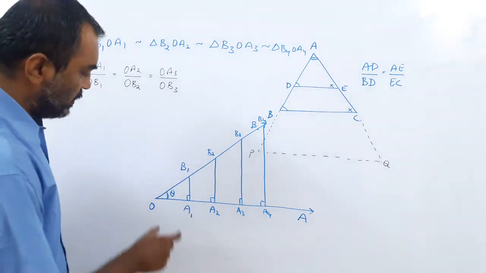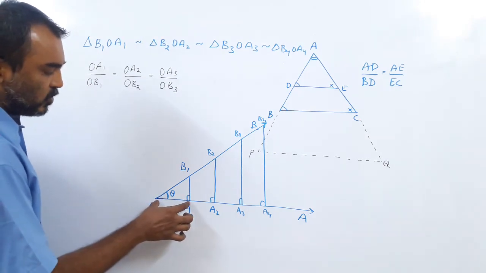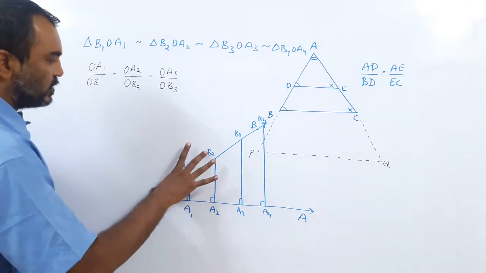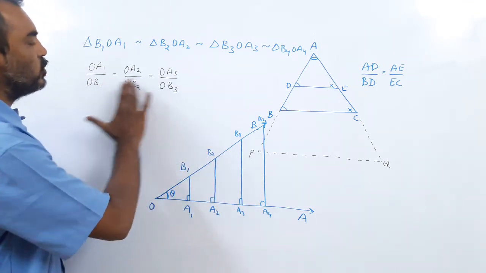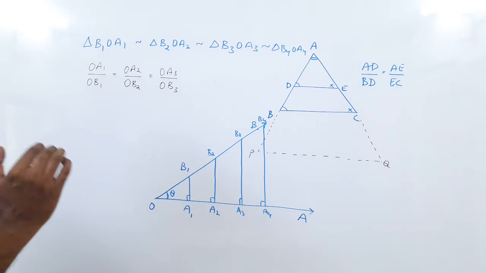Now what you can see, when I fix this angle, it remains fixed. Then the ratio of this side and this side, when I extend, this side upon this side equal to this side, the ratio is going on as the same ratio. It isn't changing at all. Are you following my line of thinking?